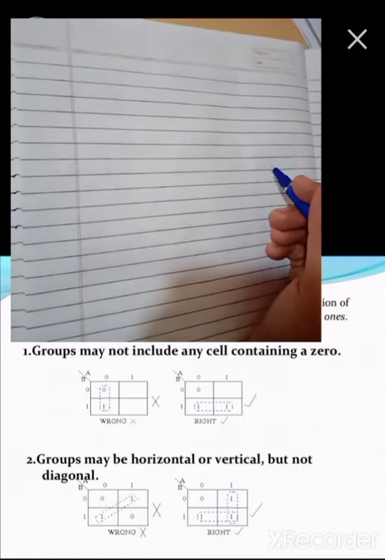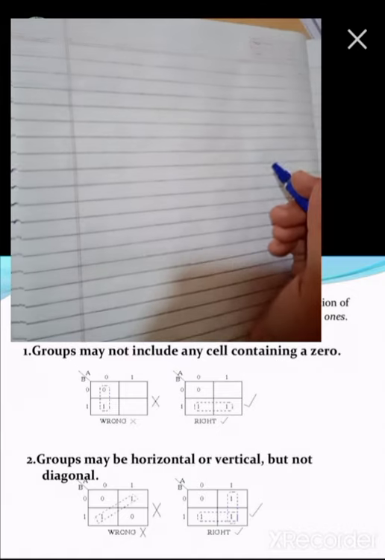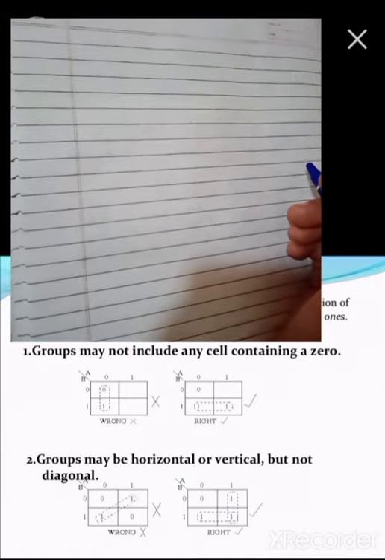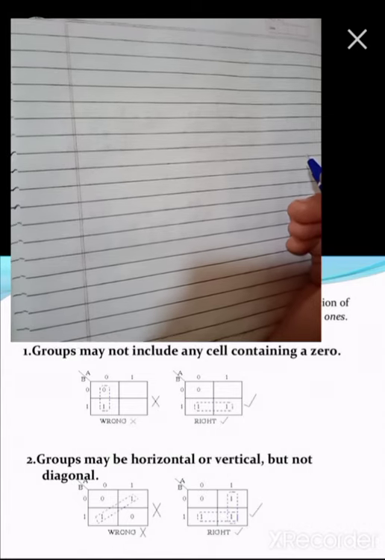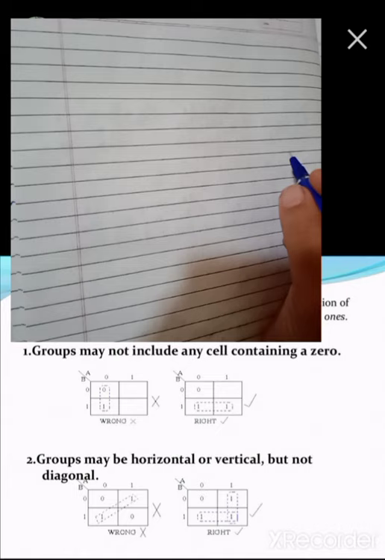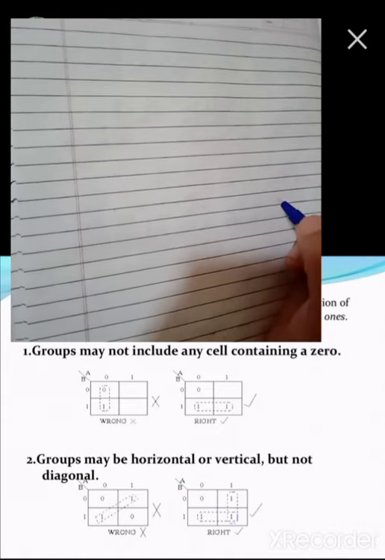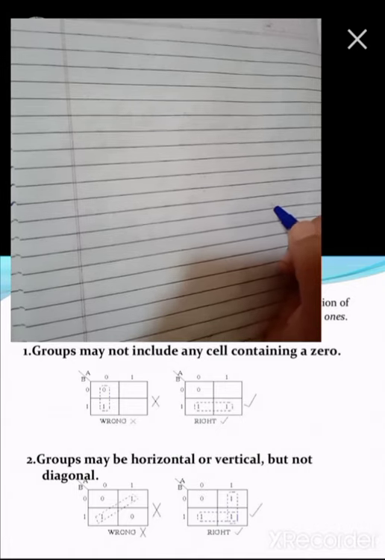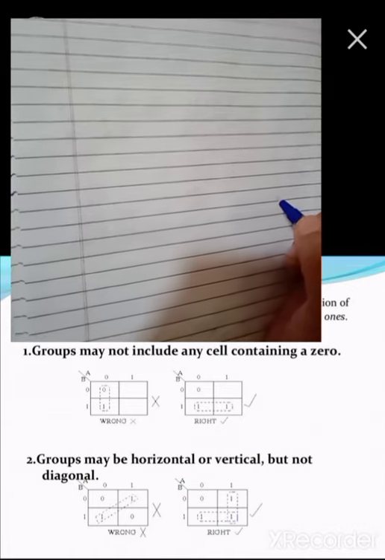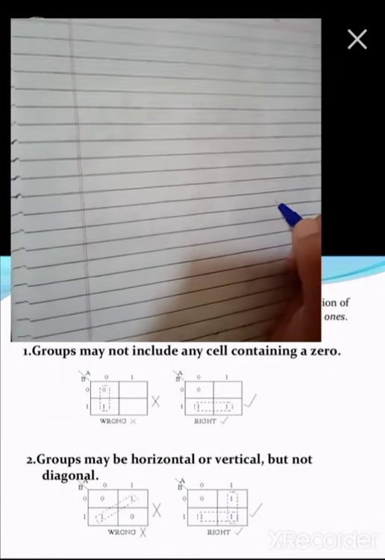सो अभी K-map प्लॉट हमने किया है, अभी उसमें ग्रुपिंग कैसे करना है. तो ऑलवेज वी हैव टू थिंक अबाउट द नंबर ऑफ वंस. अभी आपकी स्क्रीन के ऊपर दिया गया है, देखिए वो स्लाइड में दिखाया गया है कि ग्रुप्स में नॉट इंक्लूड एनी सेल कंटेनिंग अ ज़ीरो. तो जब हम K-map प्लॉट करते हैं, व्हेन वी प्लॉट अ K-map, ऑलवेज डू द ग्रुपिंग ऑफ वंस ओनली, डोंट कंसिडर ज़ीरो वैल्यू, राइट. सो हमको क्या करना है कि जो भी प्लॉटिंग है उसमें वन कंसिडर करना है.